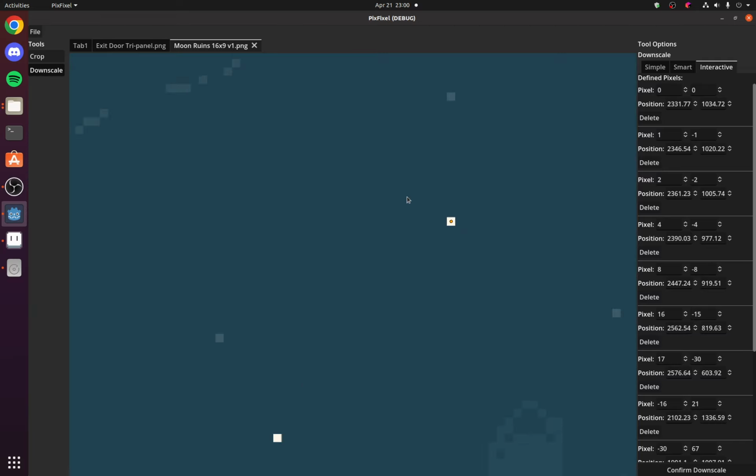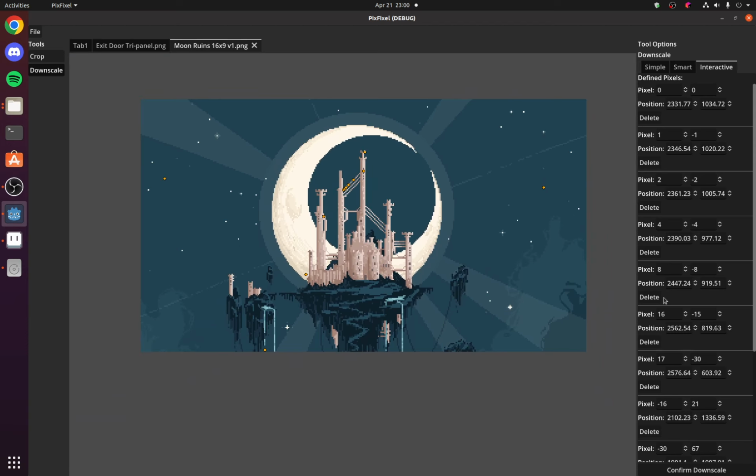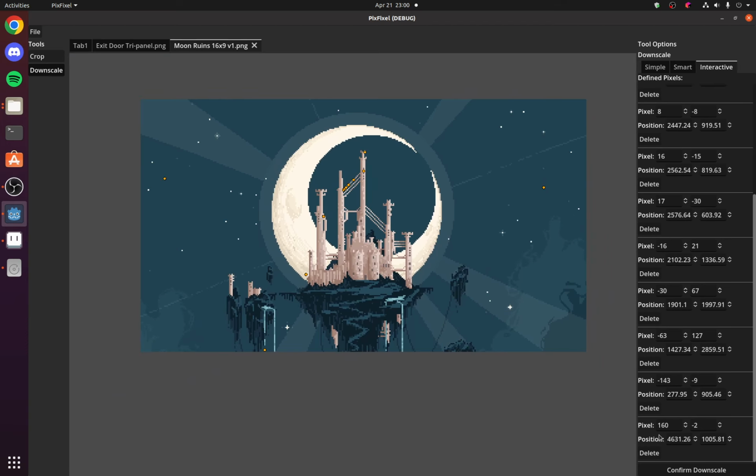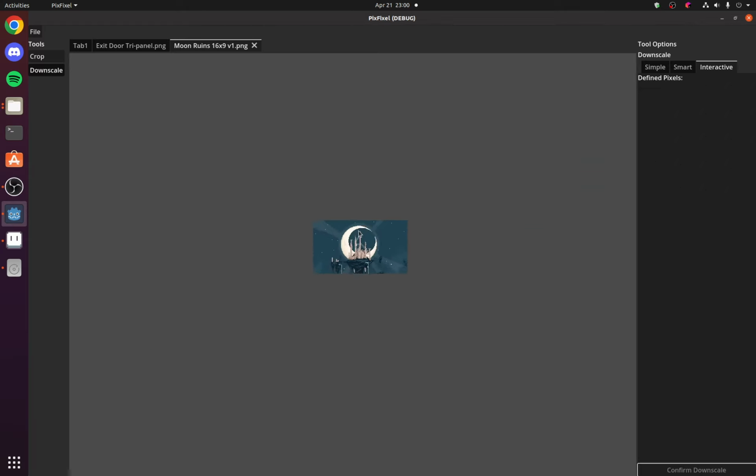So now that I've added pixels all throughout that it knows the exact locations of, like that last one I added, it figures is the 160th one to the right from the original one and 2 below the original one. It has enough data to accurately predict exactly how wide the original image was, exactly how many art pixels it was, and exactly how it's been offset by cropping or whatever else was done to it to get it to this upscaled size. So now I can go and press this confirm downscale button, and now suddenly it's way smaller,